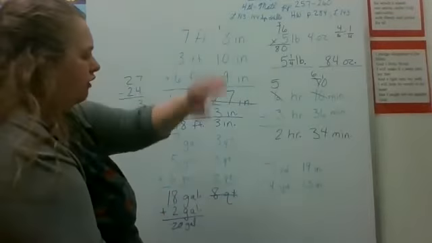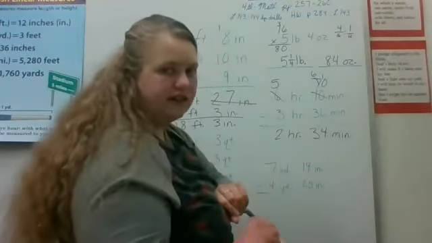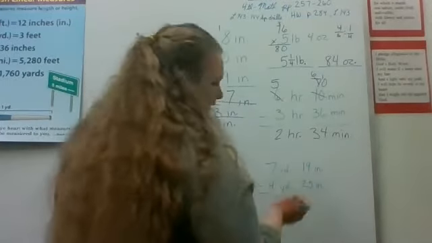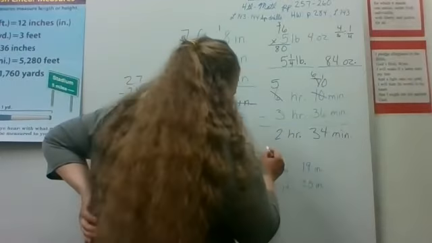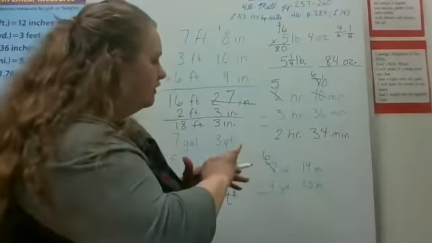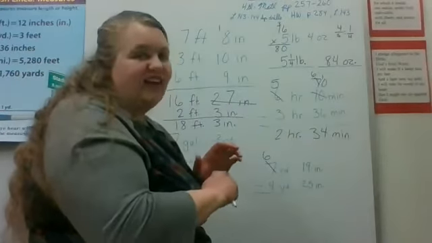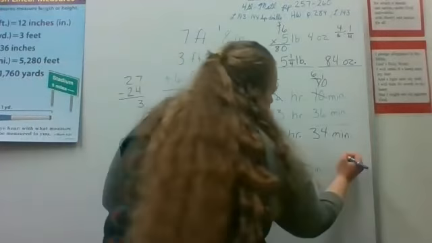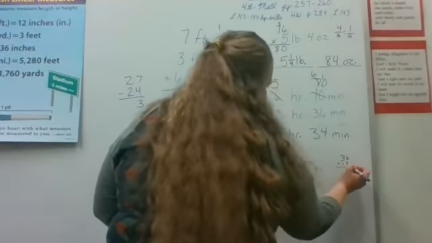Okay, over here we have one more subtraction. 19 inches minus 25 inches. Can we do that? No. Okay, by now you probably know when I do that, it means that we aren't. Okay, so how many inches are in a yard? We looked at that at the beginning too. 36 inches, okay? So we're gonna add 36 to 19. I'm gonna put it off to the side here so I can add it